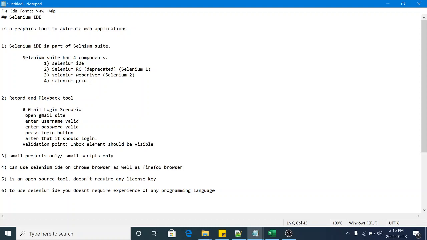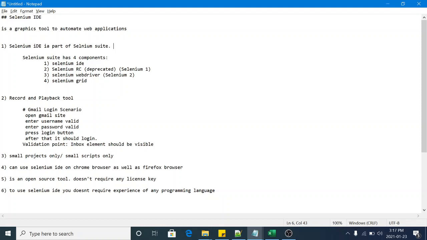What is Selenium Suite? Selenium Suite has four components. Selenium IDE is the first. Okay, and second is Selenium RC, that is deprecated now and also known as Selenium 1. Okay. And third component is Selenium WebDriver, also known as Selenium 2. Okay, that is used to automate web applications with a large number of test scenarios.